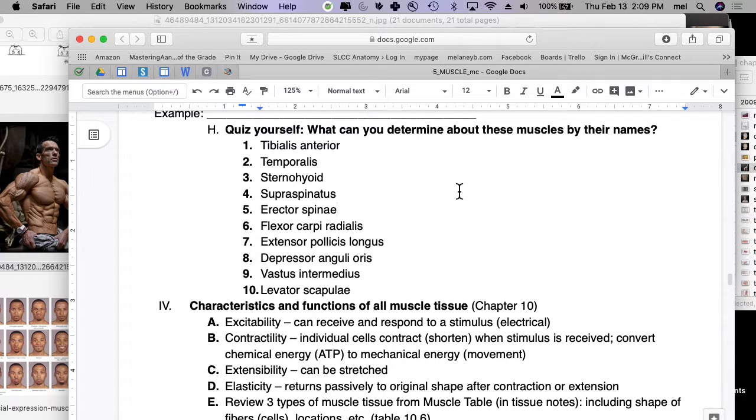I just want to make sure I use the right examples. Okay. Appendicular muscle. Okay. So with the forearm formula,